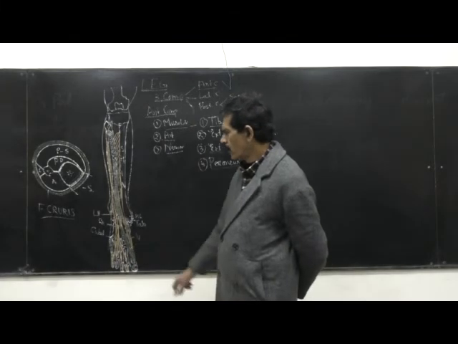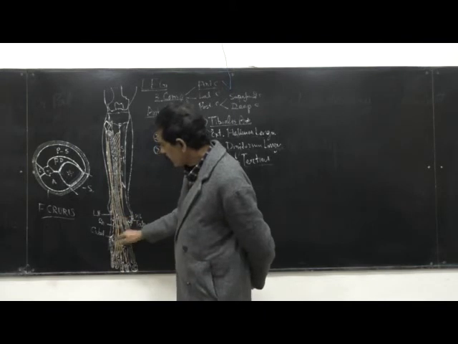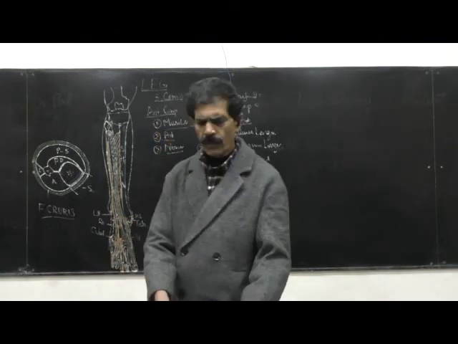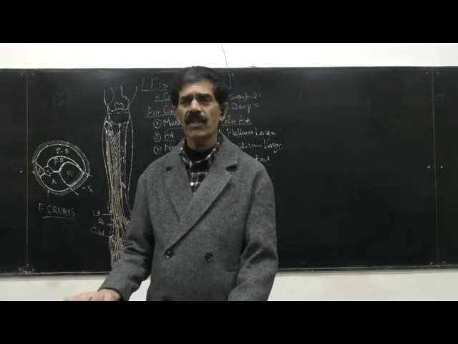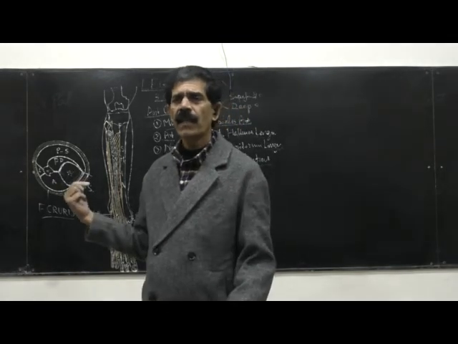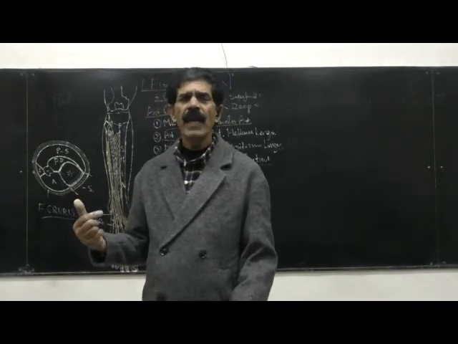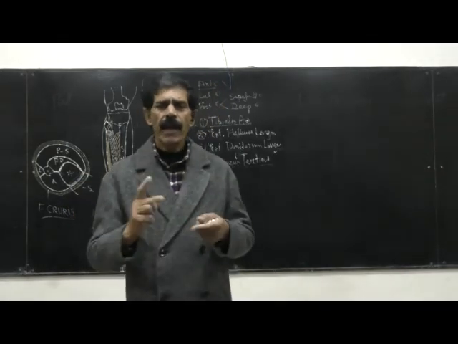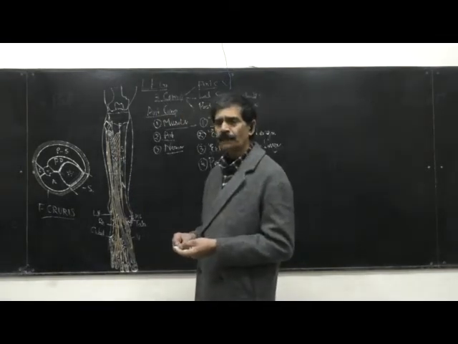So this is it. And what will be the action? Whenever this peroneus tertius contracts, the 5th metatarsal bone will go upward. So what is it again? The dorsiflexion of the little finger. That is the action of the peroneus tertius. So this is how we do the origin, insertion and action of these muscles of the anterior compartment. Now comes their nerve supply.